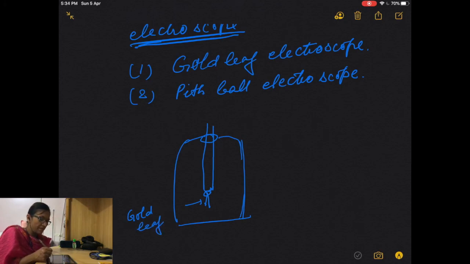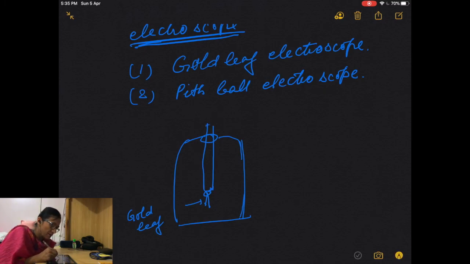We take gold leaf in this device because gold can be beaten to a very thin, very fine strip. And at the upper end there is